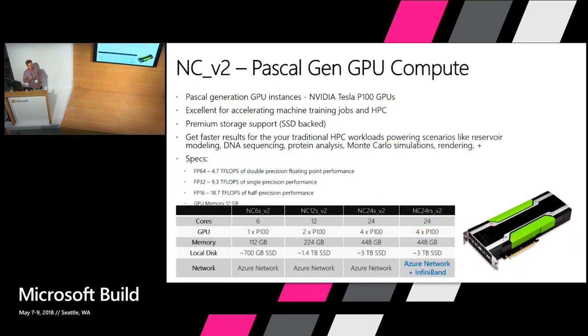The GPUs that power this scenario is the NC series, C for compute. Last fall, we introduced our original NC V1 was based around the NVIDIA Kepler GPU. We introduced the Pascal and the Volta last fall, so kind of two further generations. These are important in engineering because they support double precision floating point. Very important if I'm modeling the stresses on a car, or I'm doing Monte Carlo analysis in